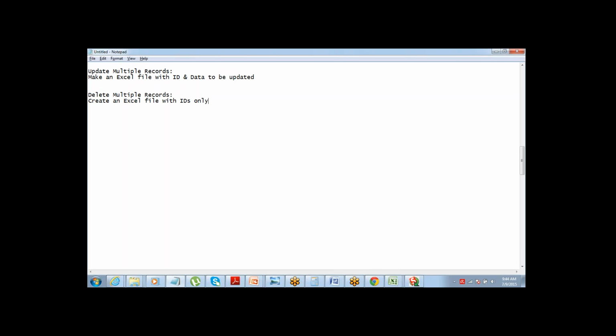Again, ID, right? Because that's the identifier. So all that I need to do is I just need to have a file with the IDs of the records which need to be deleted. That's it. Okay. So when you're preparing a file for deleting records, you just need to have one column which is ID. That's it.